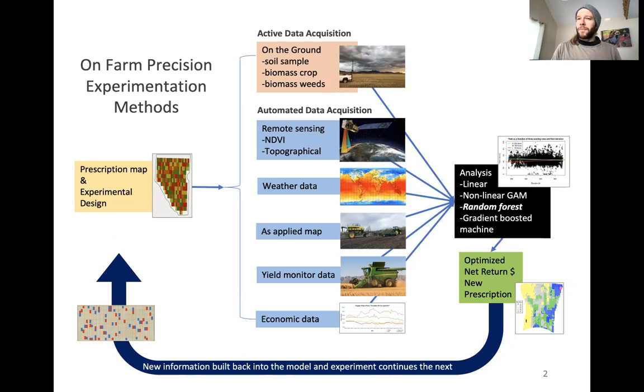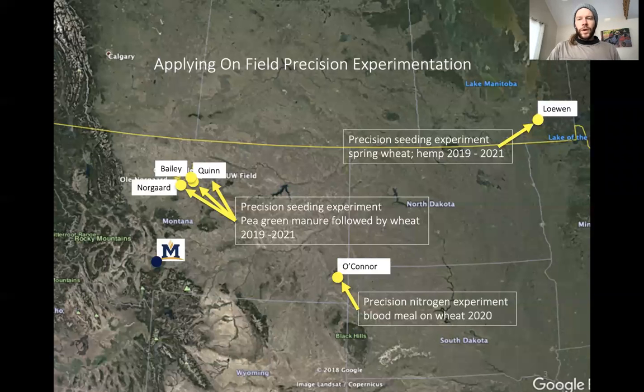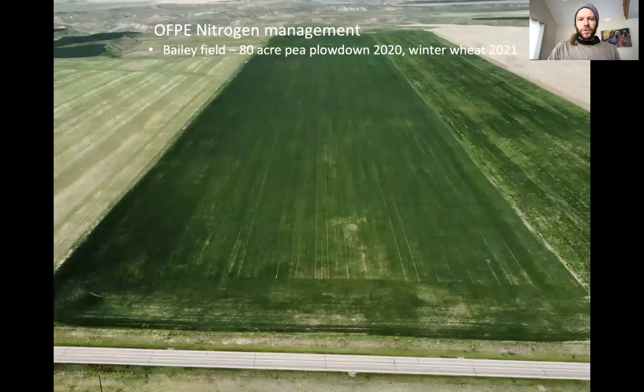So we include experimental strips alongside the optimized strips so that we can understand the field both spatially, but also temporally, understanding that a lot of the variation comes from multiple seasons. So a number of the farmers that we're working with are in Montana, but also back where I'm from in Manitoba, we work with a farmer there. And so I'll just show you a couple examples, quick examples of what we're doing with the farmers.